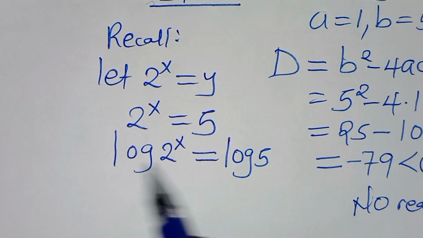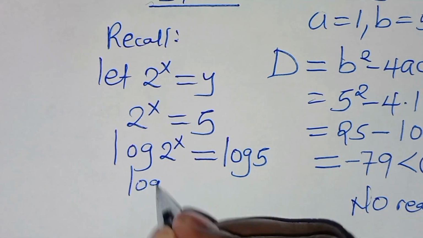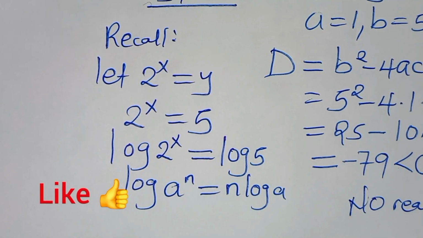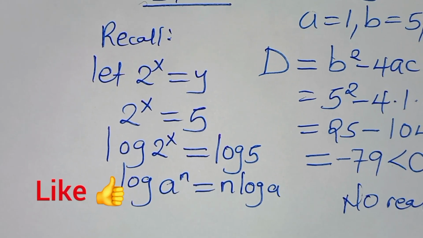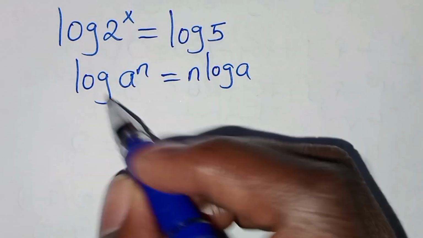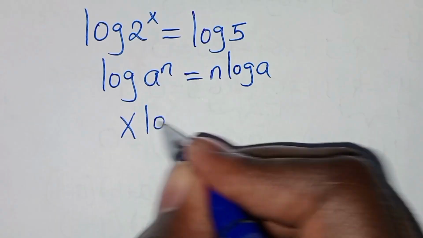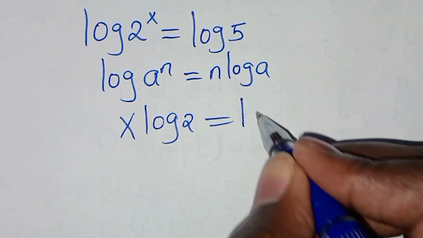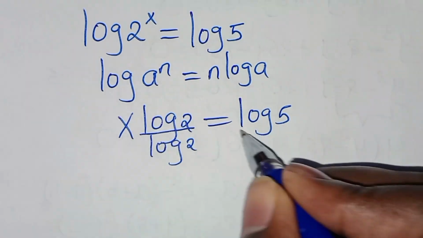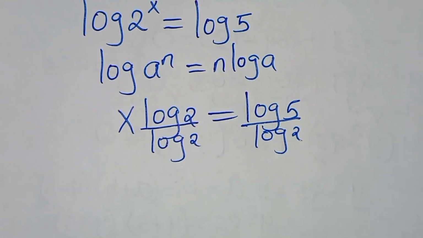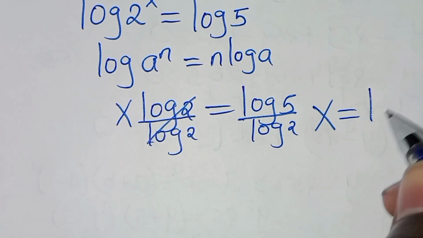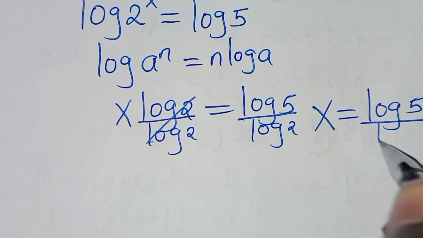The next step is that log 2 to the power of x, this is in the form of log a to the power n, which we can express as n log a. Applying this power rule property from here, then we have log 2 to the power x becomes x log 2. This is equal to log 5. So let's divide both sides by log 2. So here we have log 2. Let's simplify here. Log 2 and log 2 simplifies, so that x is equal to log 5 divided by log